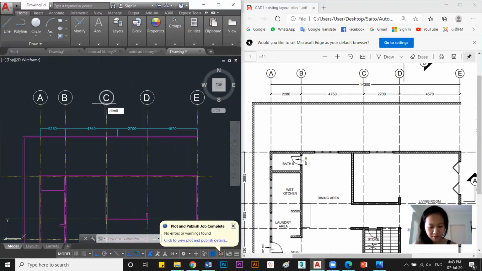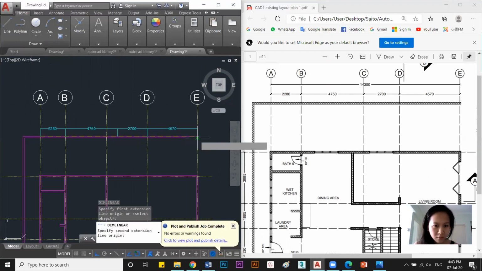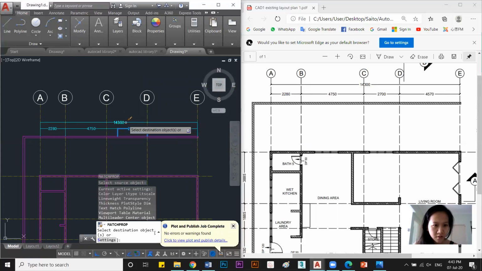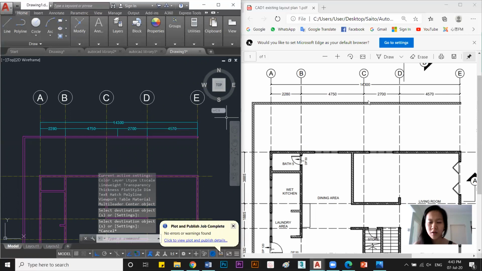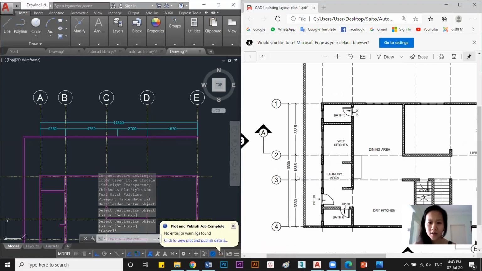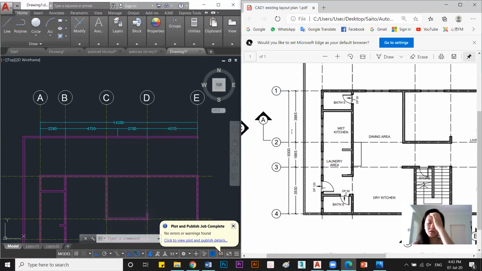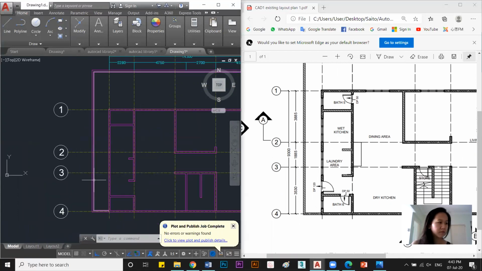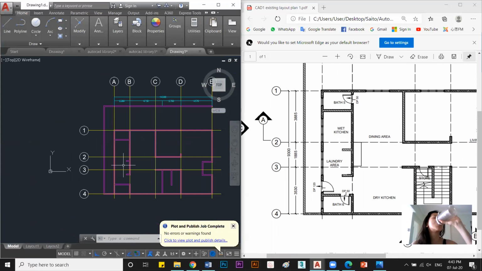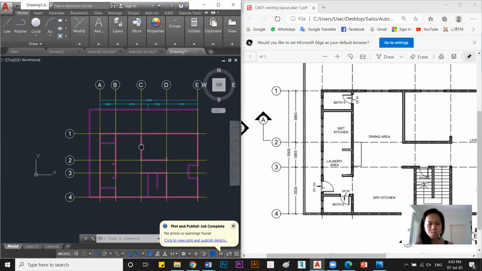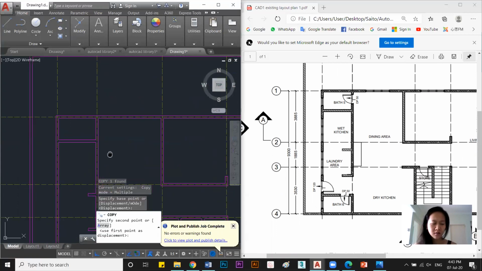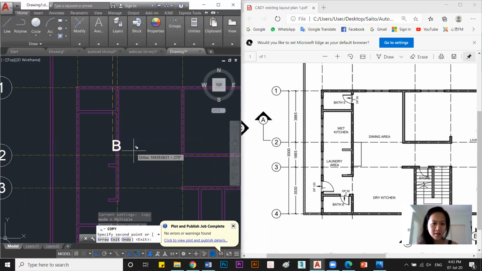Then find the dim line for overall. Overall, match it. 14300, correct. Okay, you do it here. This dimension, do it here for the here. Okay, I don't want to show you again. All right, what's next? Next is